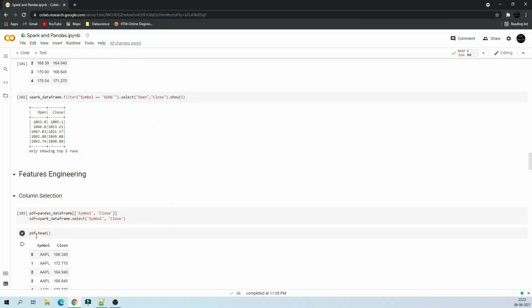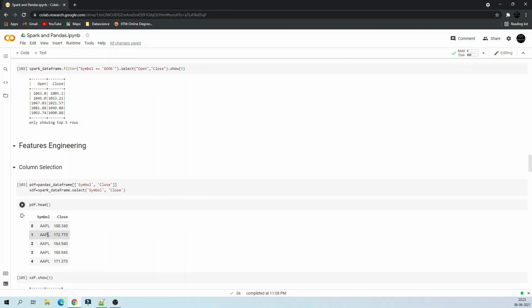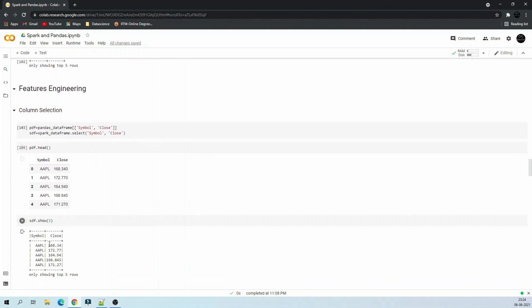If I print pdf, the new data frame I've created from my pandas data frame, I can see that I selected symbol and close, so I have the symbol and close columns available here. Similarly I have it for Spark also. You can see the first 5 rows here.